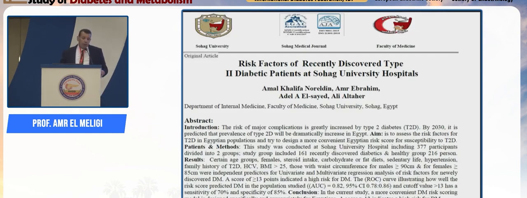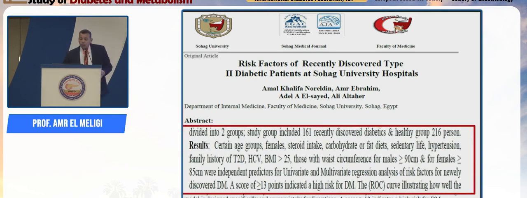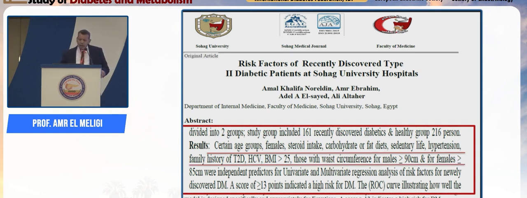This study was performed in Sohag University in Upper Egypt, and found that certain age groups from 35 to 65 are at highest risk for type 2 diabetes. Females also have higher risk, as do steroid use and high carb or fat in the diet. All these factors are associated with increased risk of diabetes: sedentary life, hypertension, family history of diabetes, HCV, and BMI